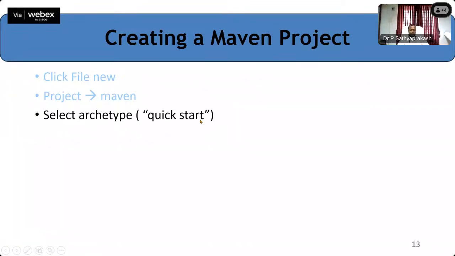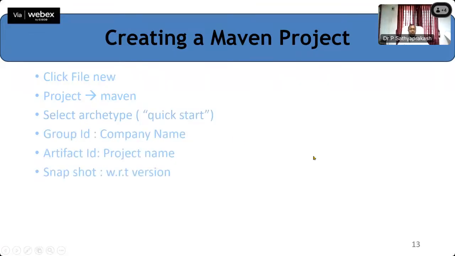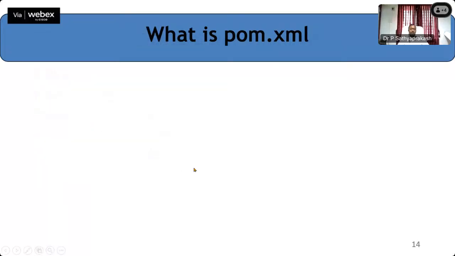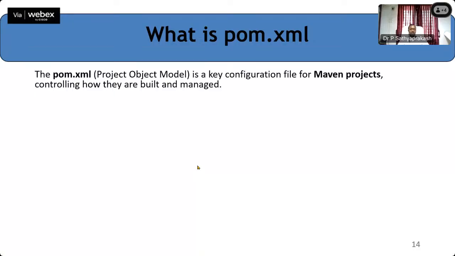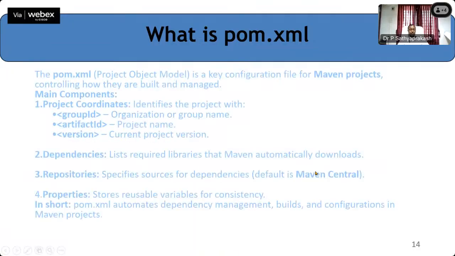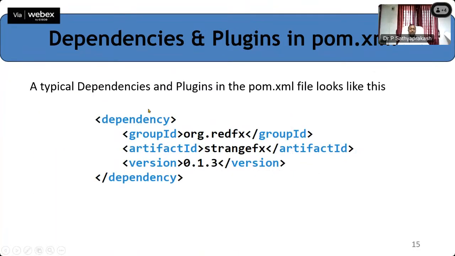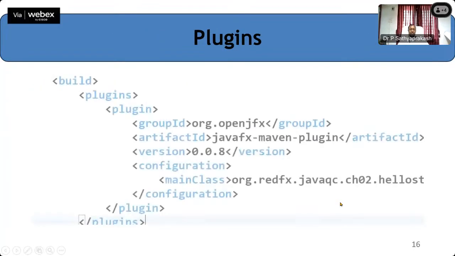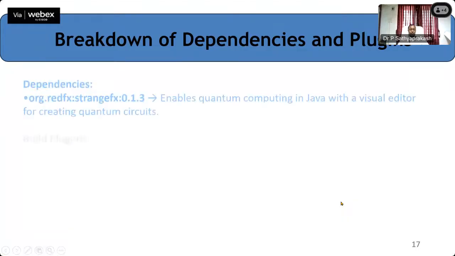There we need to put stress on selecting the archetype and from where it should be fetched. So company name, your module name and snapshot version, and the required dependencies and the plugins,